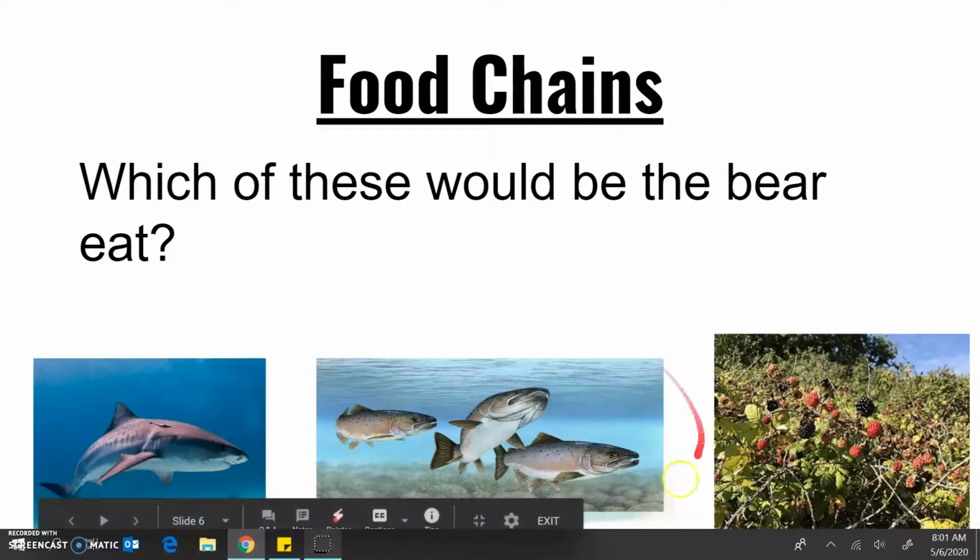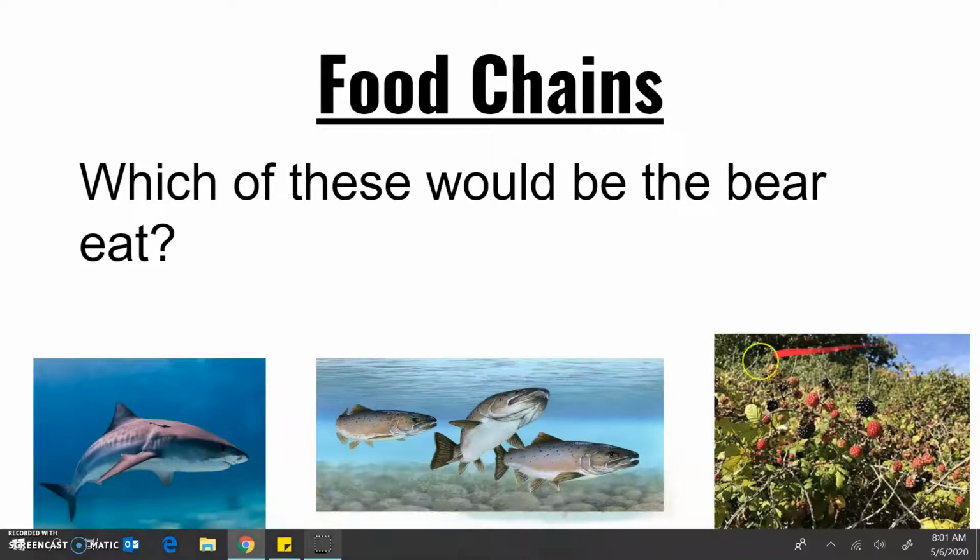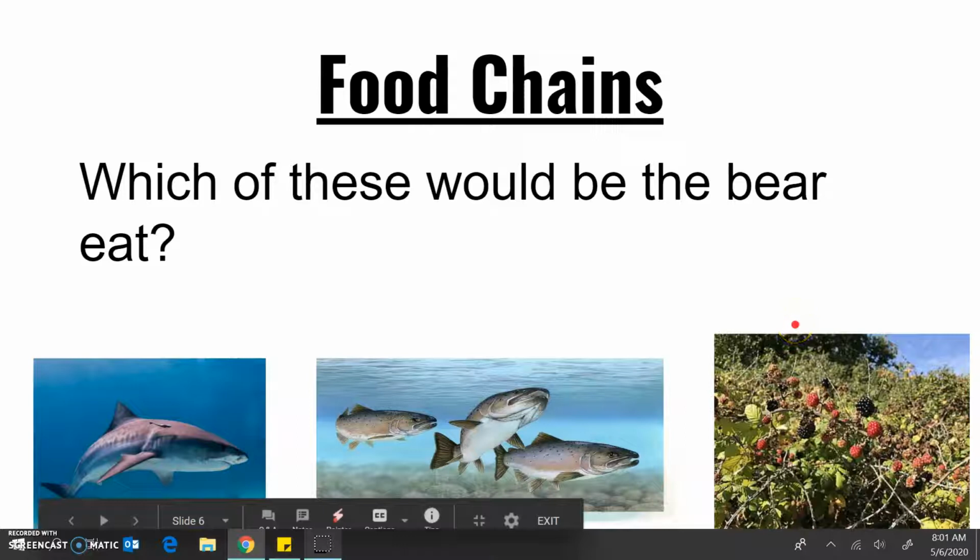If you said the fish, that's one correct answer. However, the bears also like to eat berries, and basically anything they can get their hands on, or their paws on, I should say. So there is two things here that the bear considers food, and if he comes upon them, he will definitely